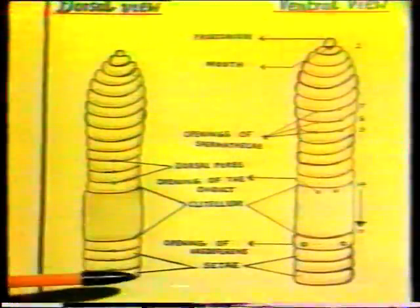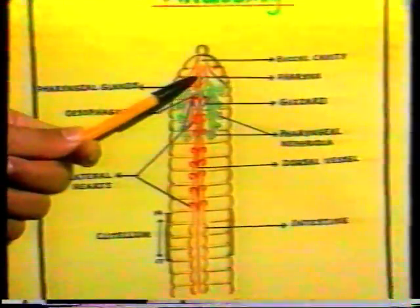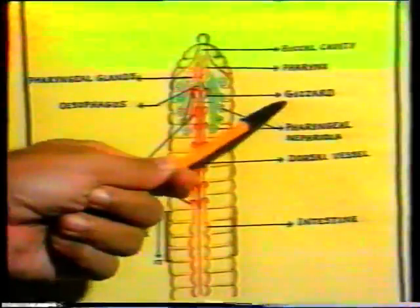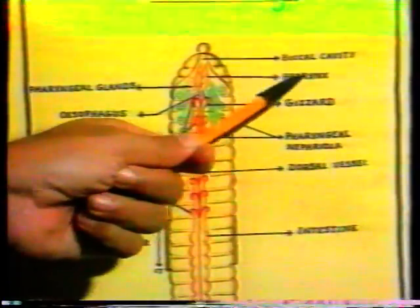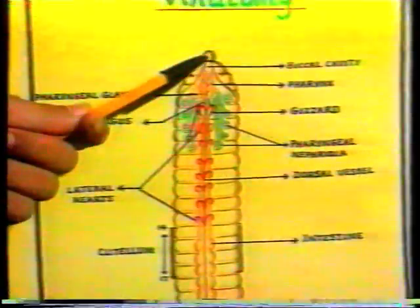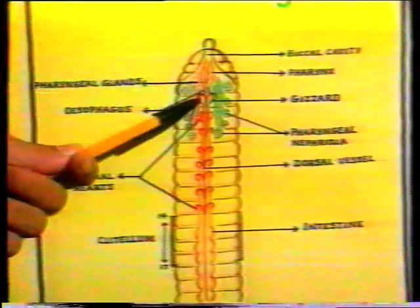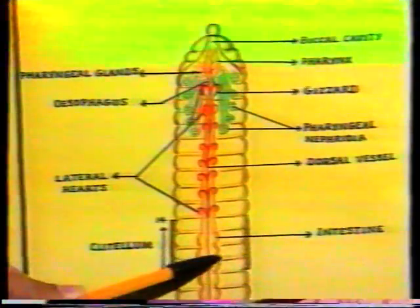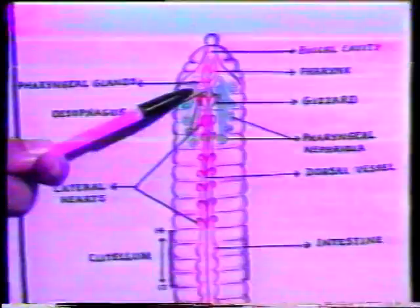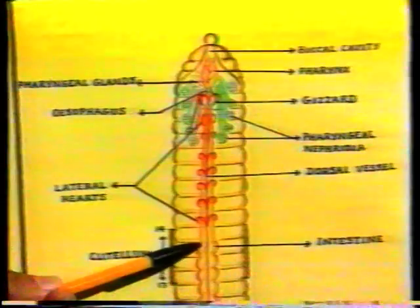The mouth opens into a buccal cavity which continues as a pharynx. This pharynx, through a short esophagus, opens into a gizzard. The gizzard is a very, very efficient organ which helps in the complete maceration of food. So you find that soil, as it passes through, also gets macerated, and we normally observe that the soil which comes out as feces from the earthworm is different from the type of soil which the earthworm has actually consumed. Now, the intestine continues behind the gizzard in the form of a straight tube before becoming sacculated after